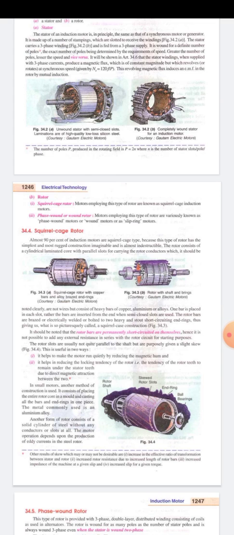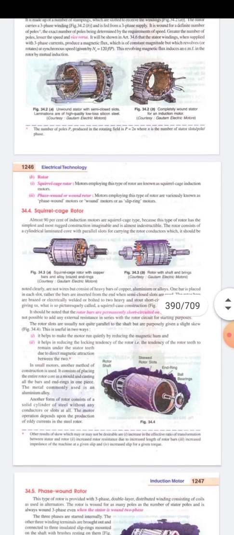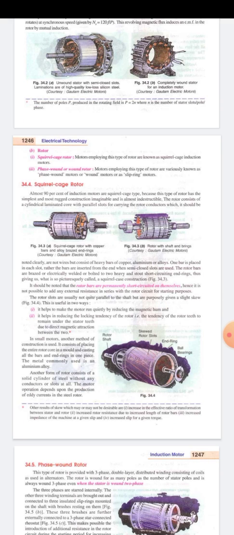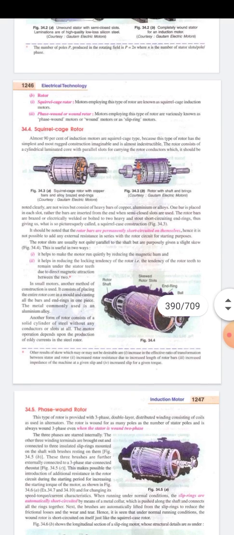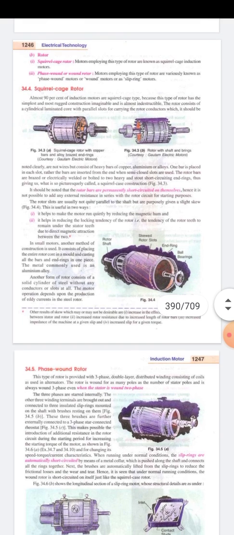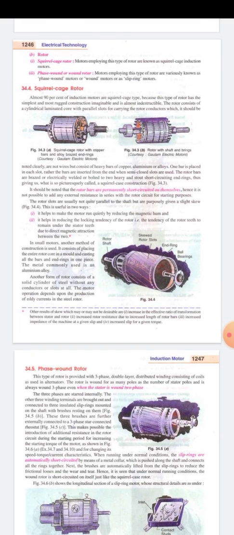Now for the rotor, we have a squirrel cage type rotor and a phase wound type rotor. The motors employing the first type of rotor are known as squirrel cage induction motors, and the motors employing the second type of rotor are variously known as phase wound motors, wound rotor motors or slip ring motors. The diagram for a squirrel cage motor is as on your screen now, and almost 90% of induction motors are squirrel cage type because this motor has the simplest and most rugged construction